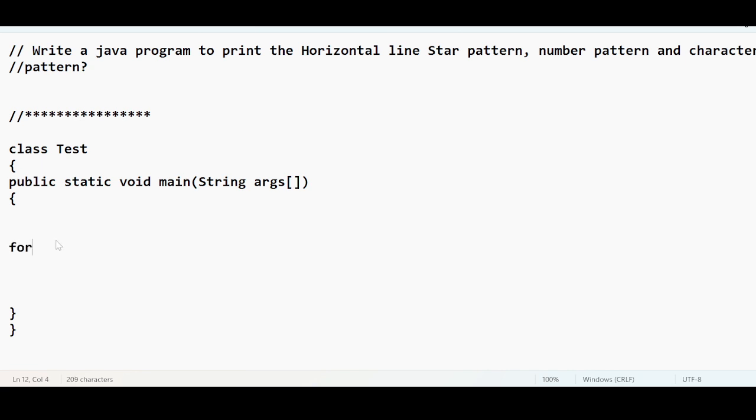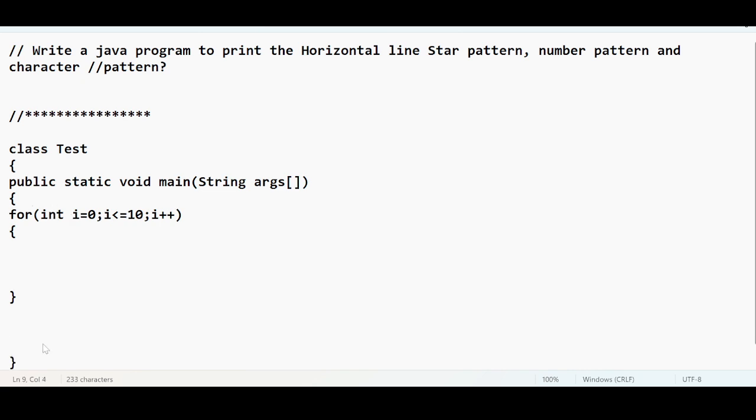I can simply use a for loop: for integer i equal to 0, i lesser than or equal to 7. Any number you can take, it's up to you. For i equal to 0, i is lesser than or equal to 10, i plus plus. Okay, now